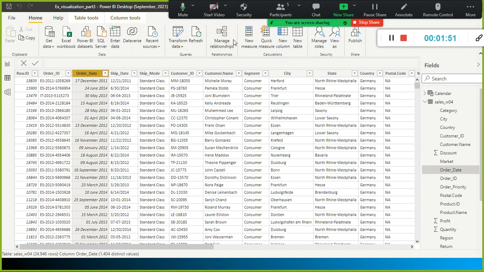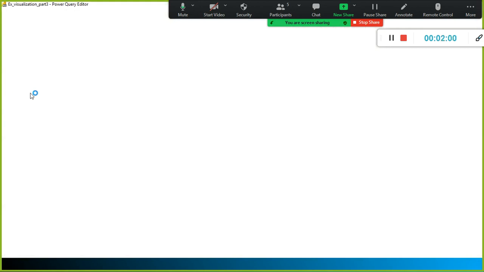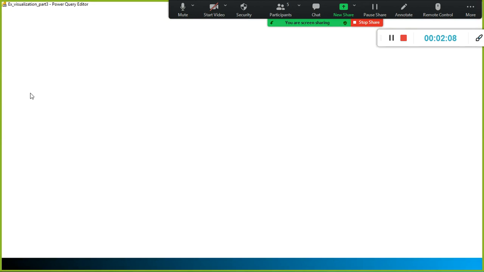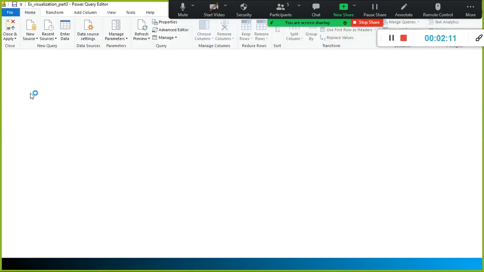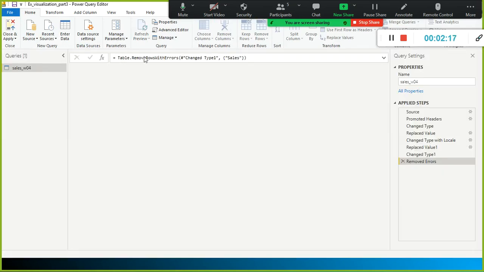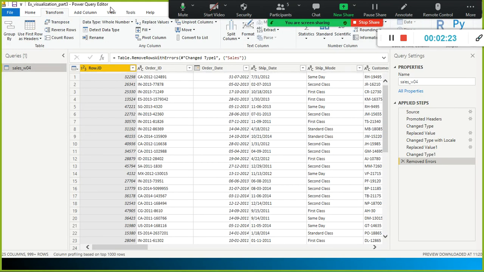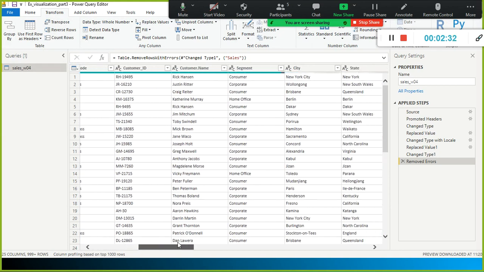Okay, I'll go to the home ribbon and transform data. So this is the Power Query editor. It will take some time for you to be familiar with these menu items. Okay, don't worry, just click transform. Currently we are in the Power Query editor. So select the transform menu ribbon, and when you look here, for example, this is the one.